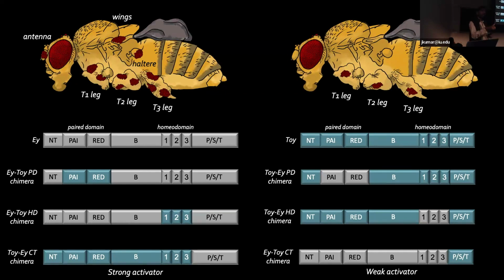So it's the strength of the activation domains that seems to determine whether you're going to turn on networks at high or lower levels. And we're arguing that you want to retract the stronger one because you want the downstream targets to be turned on at a lower level. So if that's true, we should be able to look at the expression patterns of the downstream targets and see that they're differentially activated in the two visual organs.